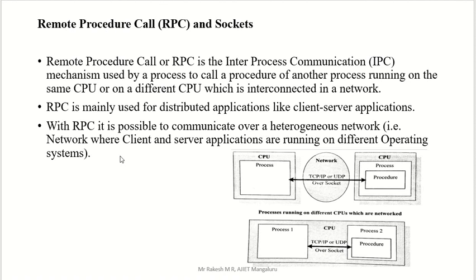Now in the next class we are going to see other topics like deadlock, race condition, etc. In this class we saw task communication and how communication happens: cooperating process, competing process, independent process, remote procedure call, message passing, shared memory, pipe, and remote. Those are some of the concepts we've seen here. So thank you.